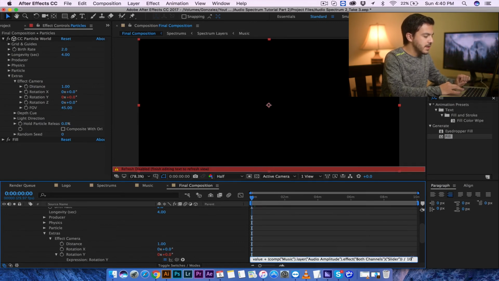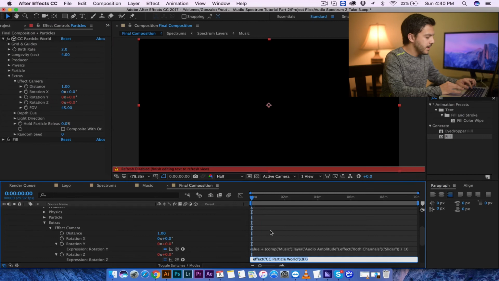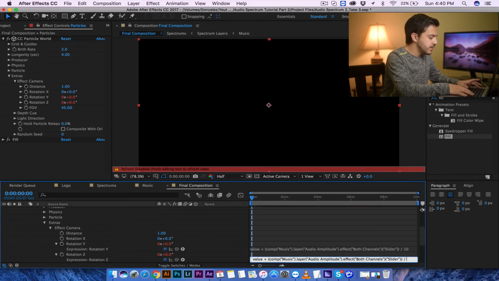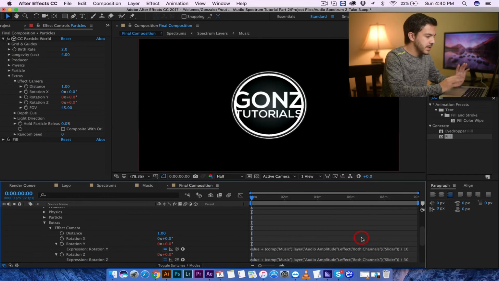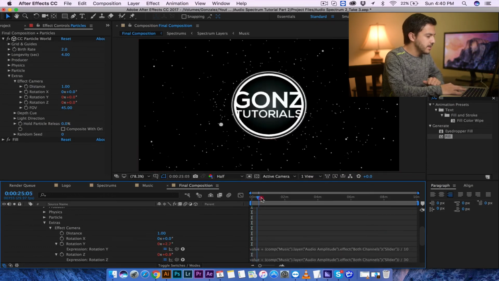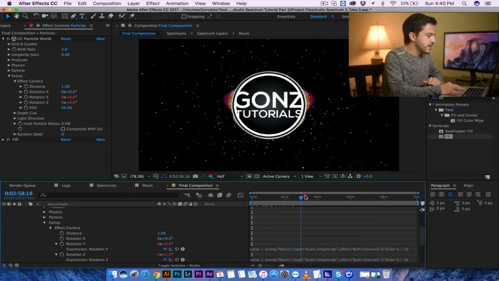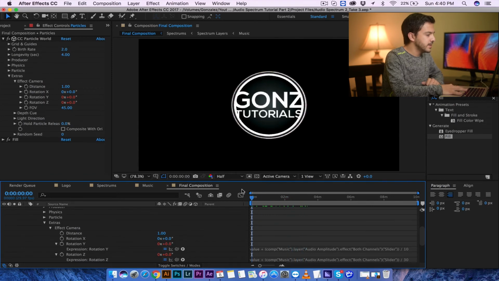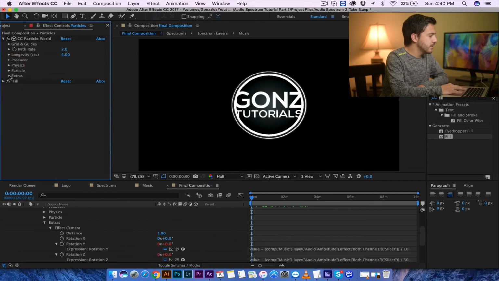I can paste it. And I'm going to leave that at 10, and then just go ahead and go to Alt and click on the Z, and I'm going to paste it in there as well and switch that over to 30, and then just click out in the gray area, and that's fine. So now we have this that's going on. Yes, so that works. Now that we've done that, we can go ahead and close that out